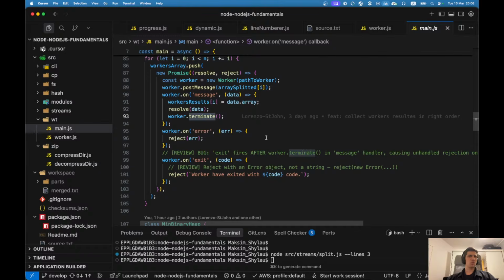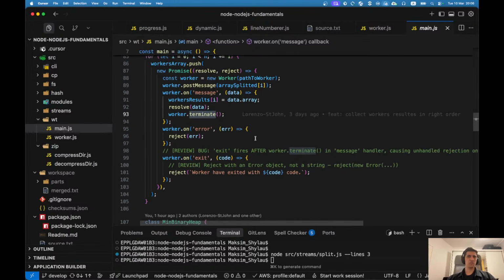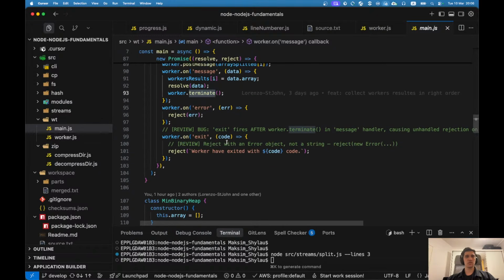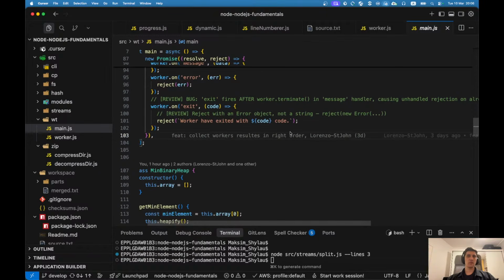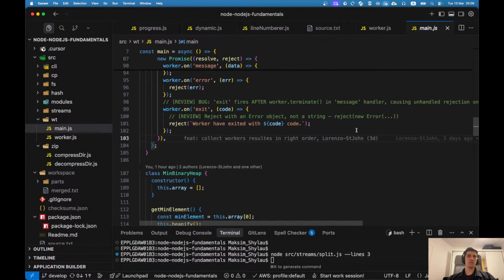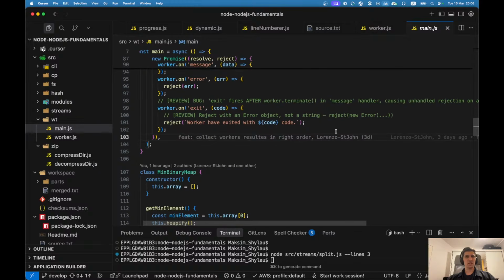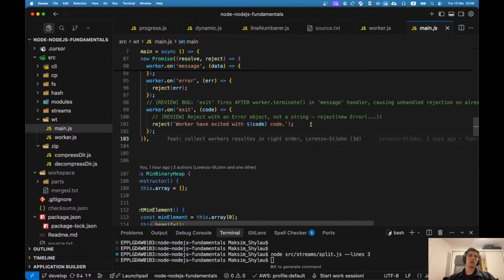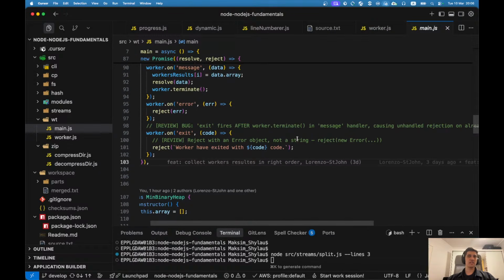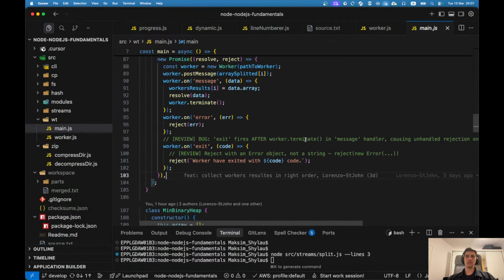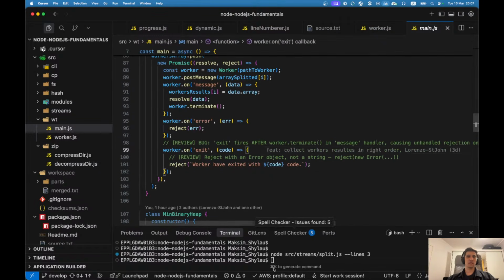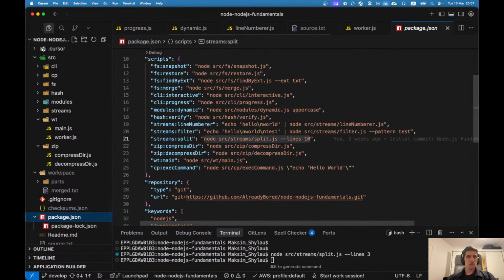And probably our worker terminates automatically, if I'm not mistaken. And on error, we reject with this error. And on exit, we have a message that the worker has exited with code. And probably there is a bug here, because exit fires after terminate, and it may cause an unhandled rejection. Let's check